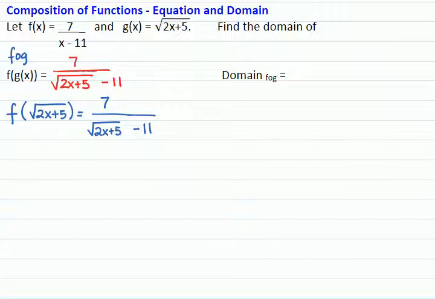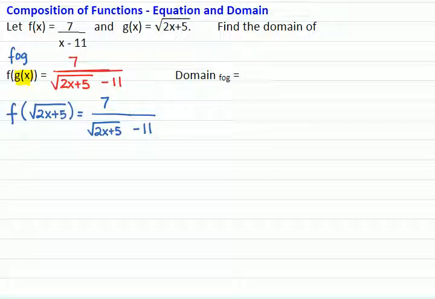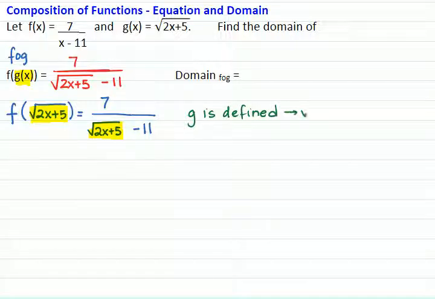There are ways to rationalize the denominator if we multiply by the conjugate, but for the purposes of this exercise we are only interested in the domain, so we are going to leave everything the way it is. Now, to calculate the domain, we need to make sure that first the expression we substituted, which was g of x, is defined. G of x was the expression that came into f as a substitution. So first we need to make sure that g is defined,